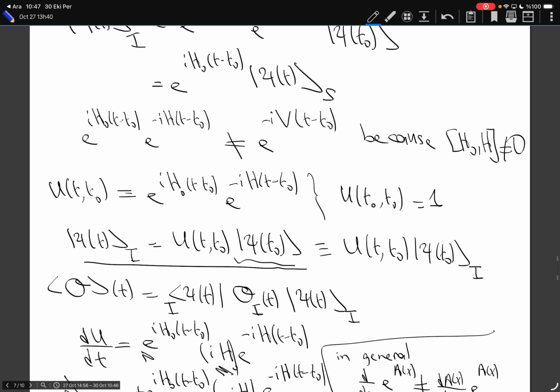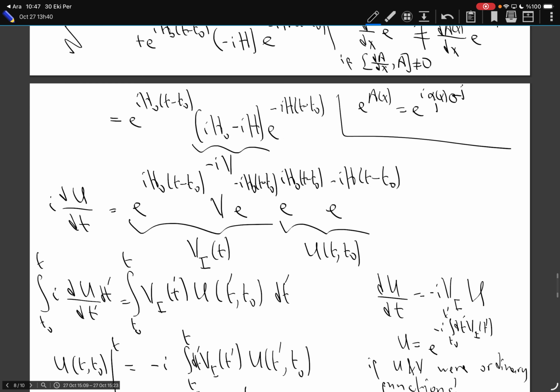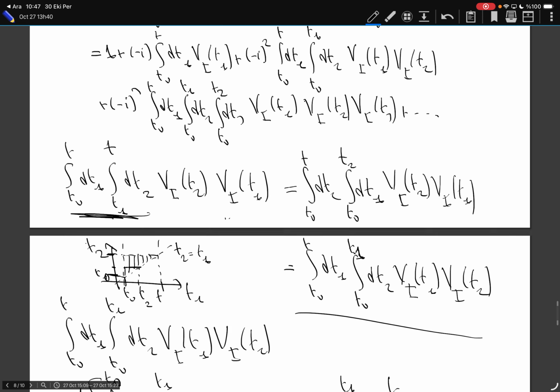Then we asked ourselves the question, what are the properties of U? Rather than trying to calculate this directly, we said, okay, so let's first look at its derivative. We already know the initial value. At t is equal to t0, it should be 1, because both of those exponents are 1 separately. Let's see what its time derivative is. And when we calculate the time derivative,